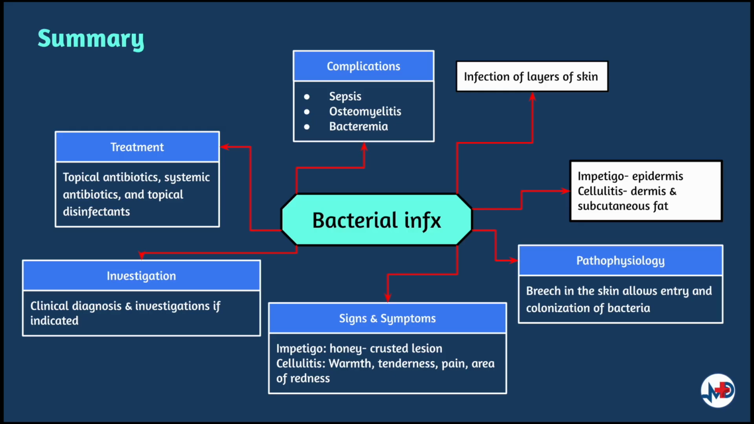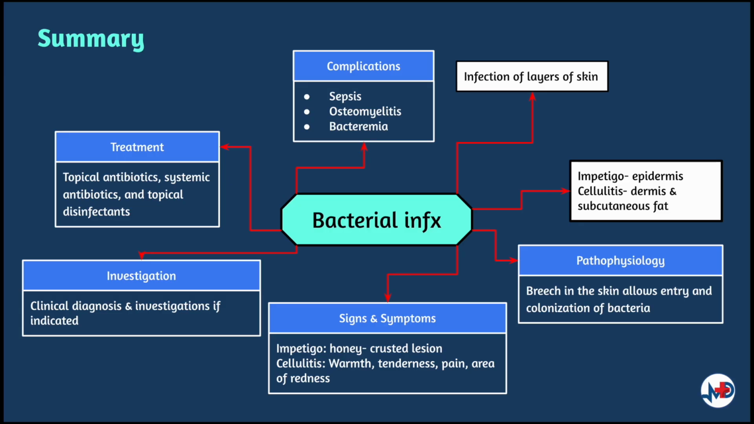Now let's summarize what we have covered so far. Impetigo is the infection of superficial layers of the epidermis, and cellulitis is the infection of both dermis and the subcutaneous fat. They occur when there is breach in the skin, allowing bacterial entry and colonization, which ultimately leads to infection. Among the common causative agents for impetigo would be group A beta hemolytic streptococcus, Staphylococcus aureus, coagulase positive group of the Staphylococcus, as well as MRSA, whereby the causative agents of cellulitis are Streptococcus pyogenes, Staphylococcus aureus, and